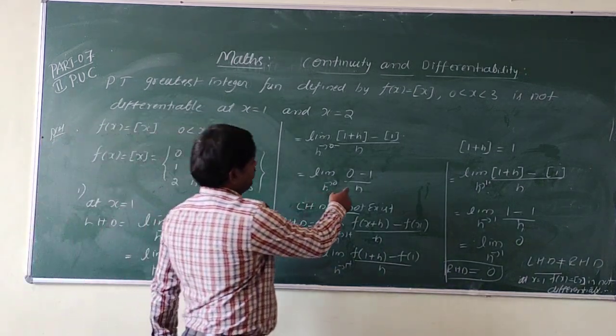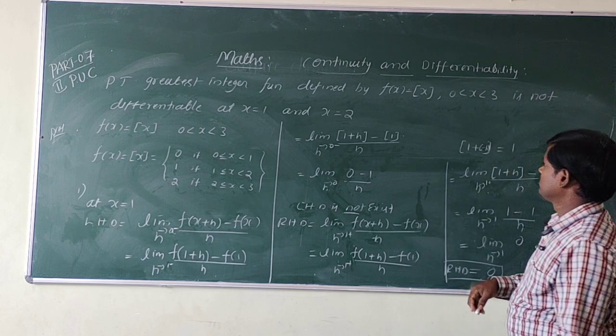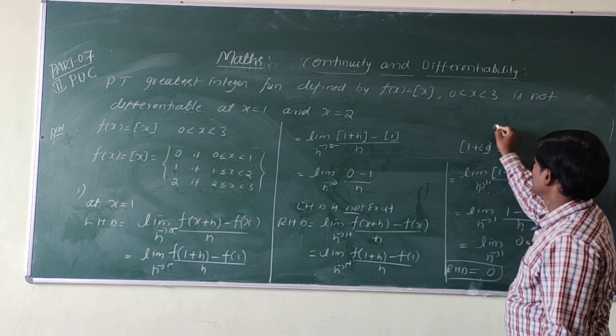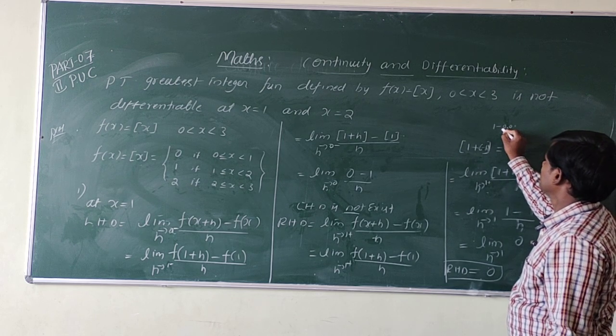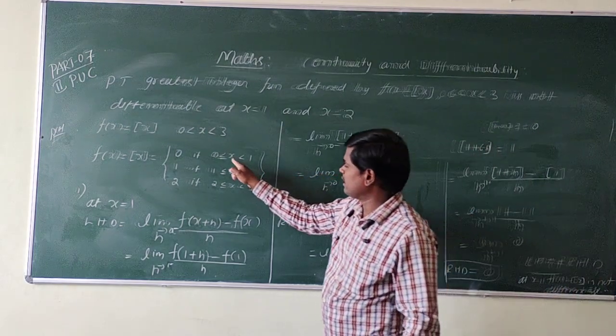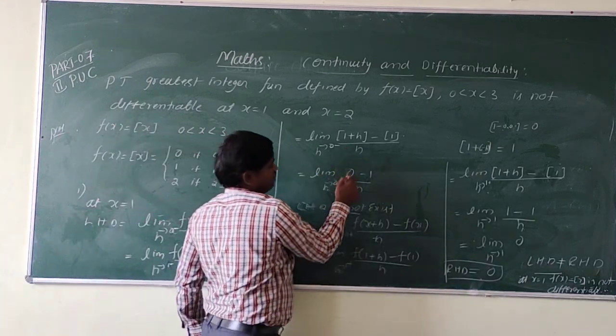Because here h is negative. H is negative means we are going to subtract some value. So suppose 1 minus some value like 0.001. So up to this it is given 0. So for the set of all real numbers in this range, the output is 0. So therefore we are taking 0 here.